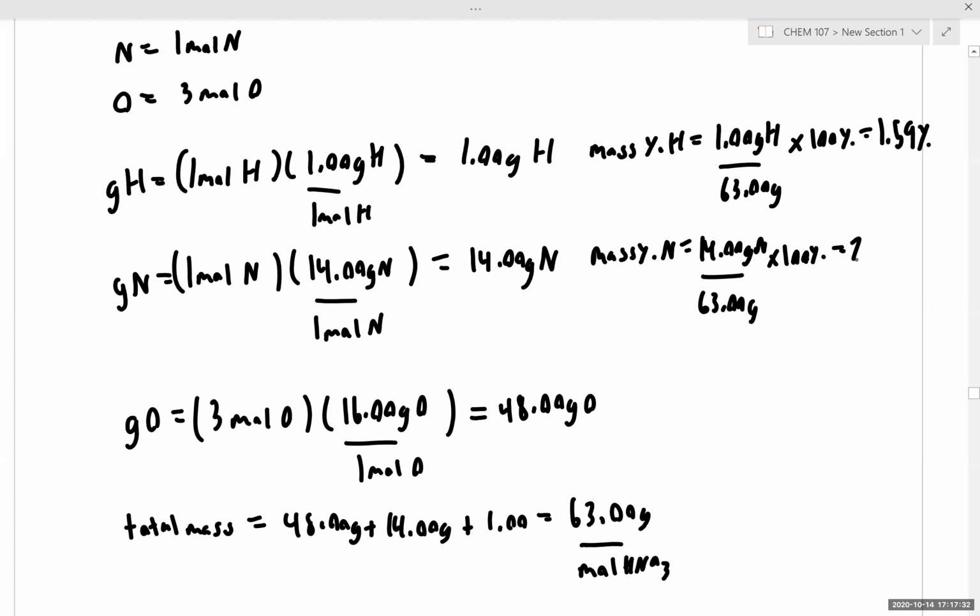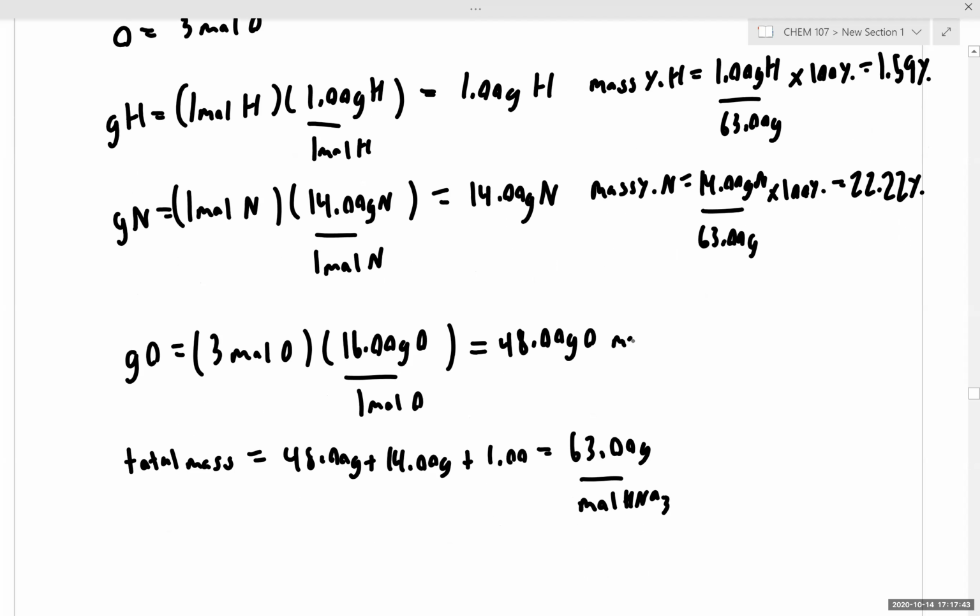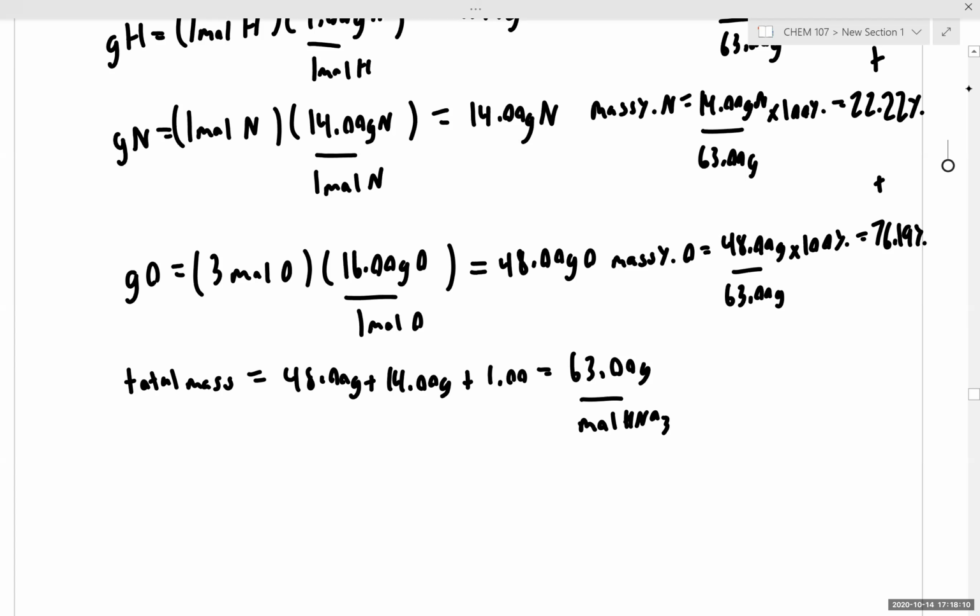And that in turn gives us 22.22%. Finally, for the mass percentage of oxygen, we have 48.00 grams over 63.00 grams times 100%. And that in turn gives us 76.19%. And you see that if you add up each of our mass percentages,